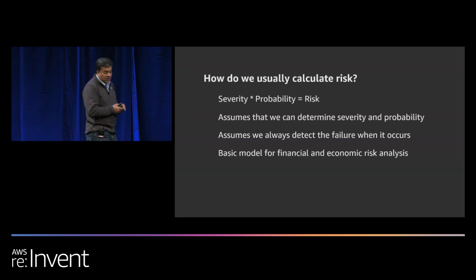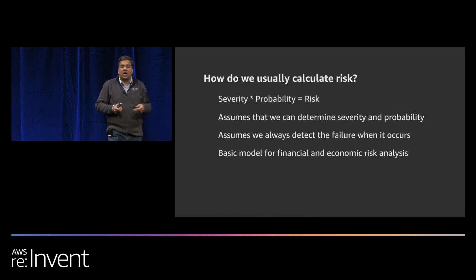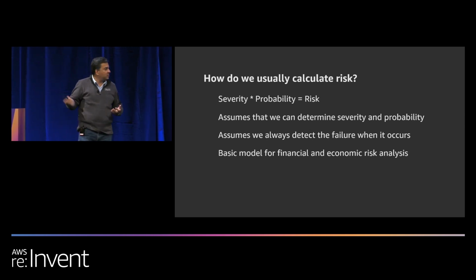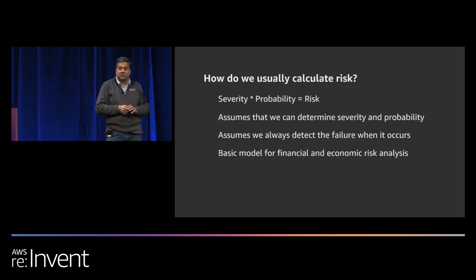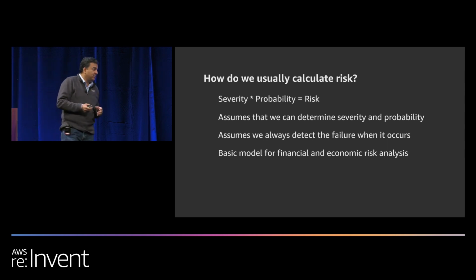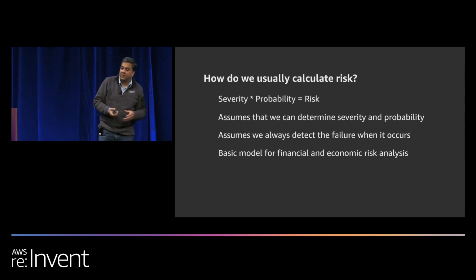So moving on to the final part of this is the risk calculation, right? So I talked about how you make a decision. The decision is going to be based on risk, right? So we have standard risk models. You multiply the severity of the problem by the probability. That's your risk. You have a basic financial and economic model. You take that and you do some analysis, and you have that.